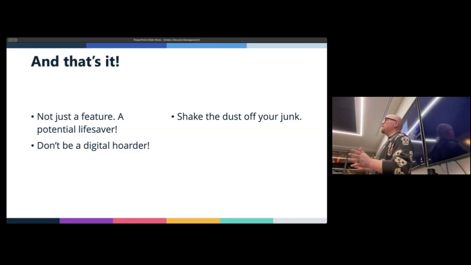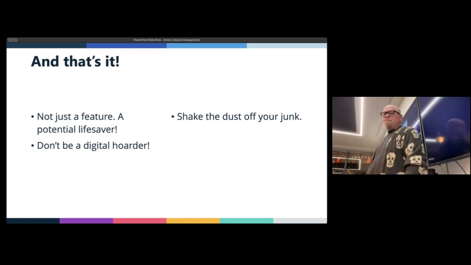And if you try to run an aggregation on 7 years worth of website logs, it might take a hot minute. Just shake the dust off of all the junk that's in there. Sometimes you got to take your junk drawer and empty it out and resort.